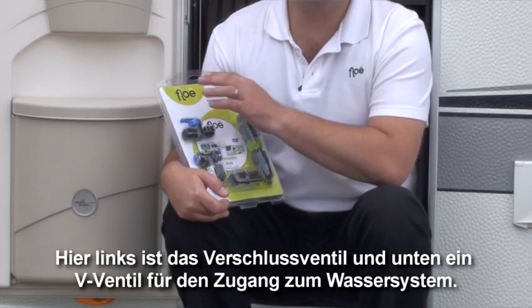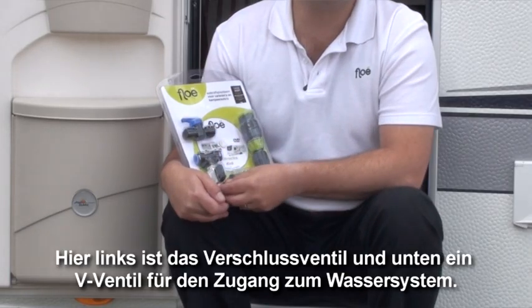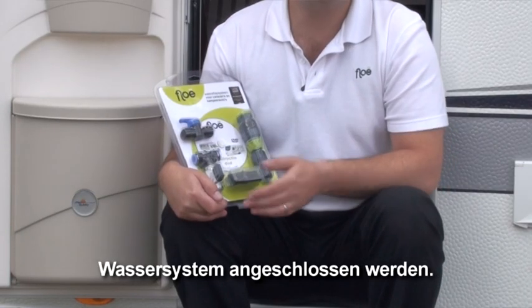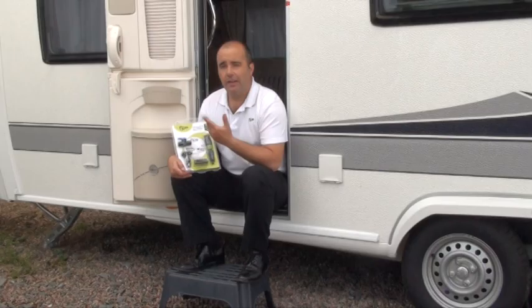On the left here at the top we have a closing valve, and at the bottom we have a T-valve for air to get access to the water system. Also at the bottom here you will notice 4 little adapters to allow you to connect these 2 components to the water system. Now what you will also find in the pack is a DVD, and that will explain more